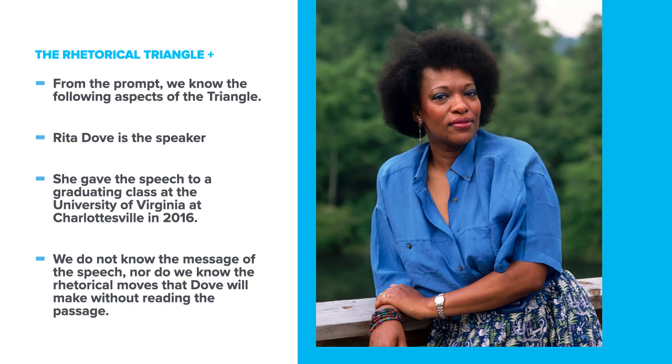So we know from the prompt that she is giving a speech to the graduating class at the University of Virginia at Charlottesville in 2016. We also know from the prompt that Rita Dove in 2016 was teaching at that university. And so we can use all of that information to write the introduction, but also to predict the tone of